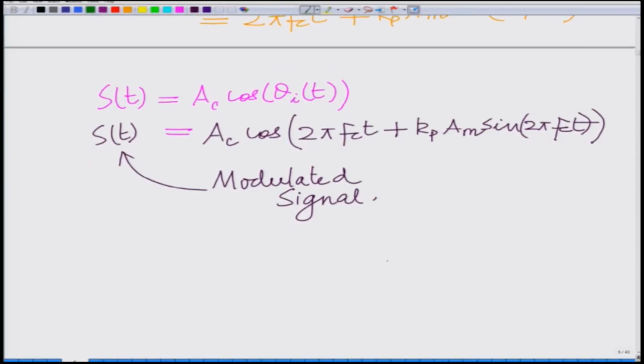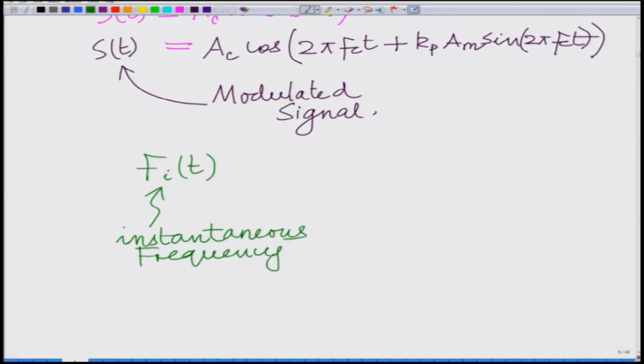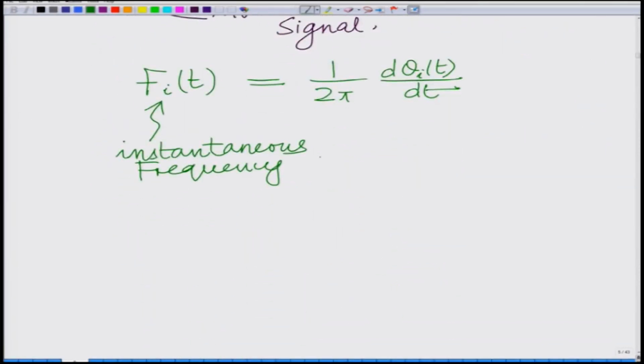Now, we have theta_i(t). The instantaneous frequency f_i(t), remember, is your instantaneous frequency. The instantaneous frequency is given as 1 by 2 pi d theta_i(t) by dt, which is basically equal to f_c